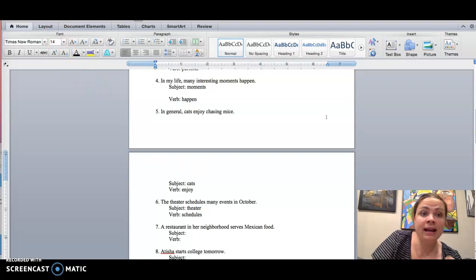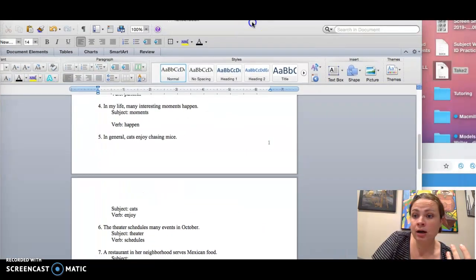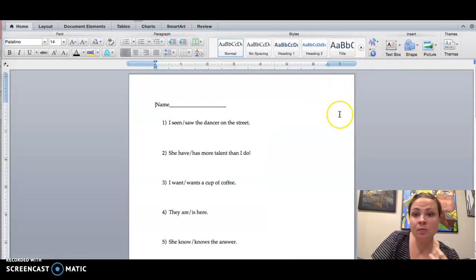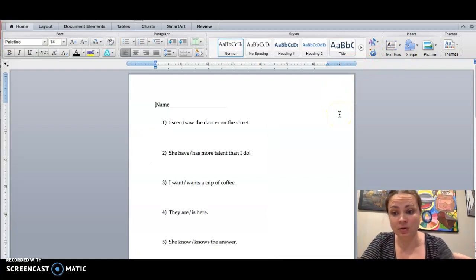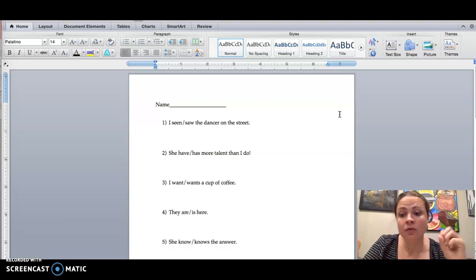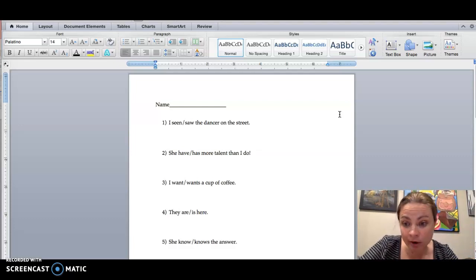So I'm going to save that, and then also I'm going to show you how to do your subject-verb practice. You're going to get more information about this through videos throughout the lesson, but just table this and come back to it if you need to for subject-verb agreement later this week. Your subjects and your verbs have to agree in number. If you have a singular subject, one thing or one person, you need to use the form of the verb that relates to that one thing or one person.